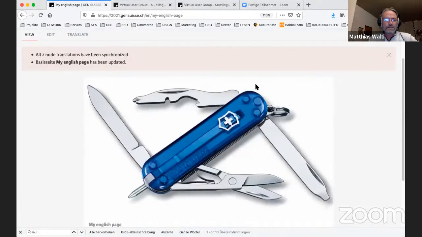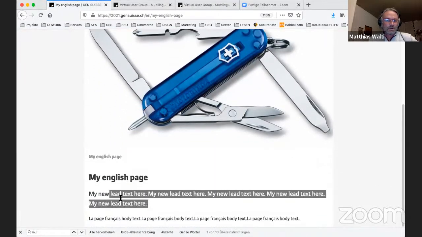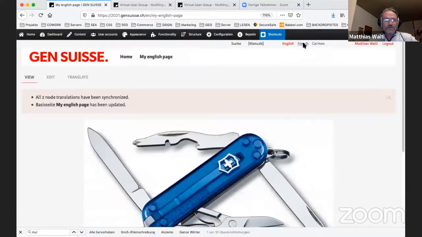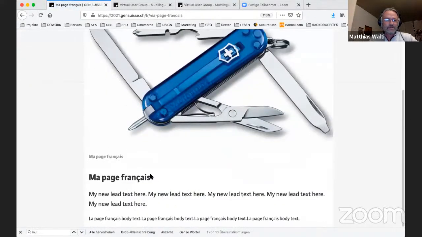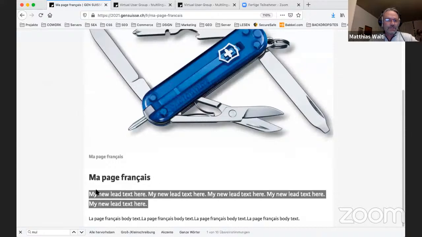And you see it has changed across all languages. My screen is pretty small here. Even the French version has an English lead text right now. Makes no sense, but just for the demo to show that every field can be declared as